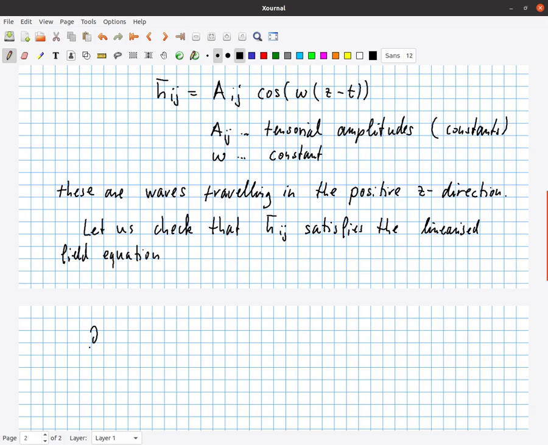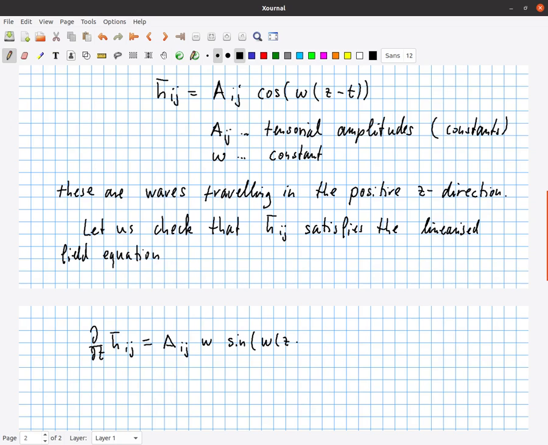All we do is we compute d over dt of h bar ij. We assume that the amplitudes are constant, the omega is constant. If we differentiate with respect to t, we get an omega out and a minus sign because of the chain rule, but cosine differentiates to minus sine. Hence, we get an omega out and here sine